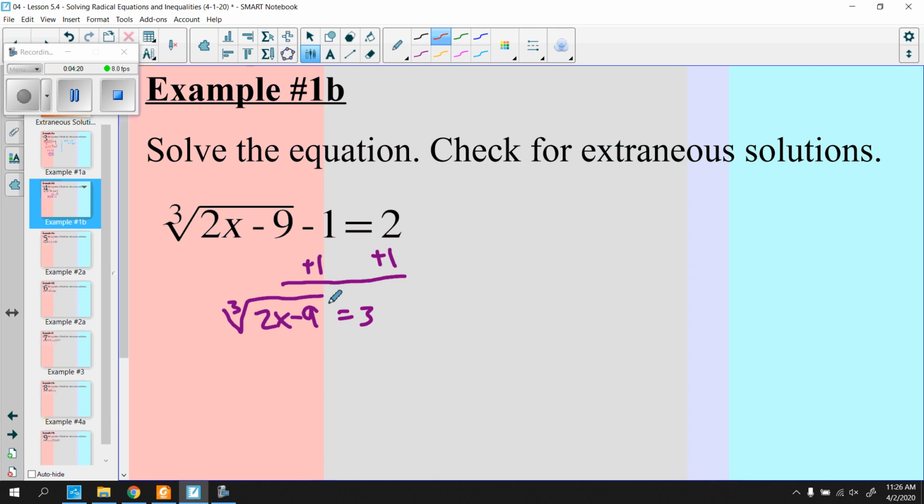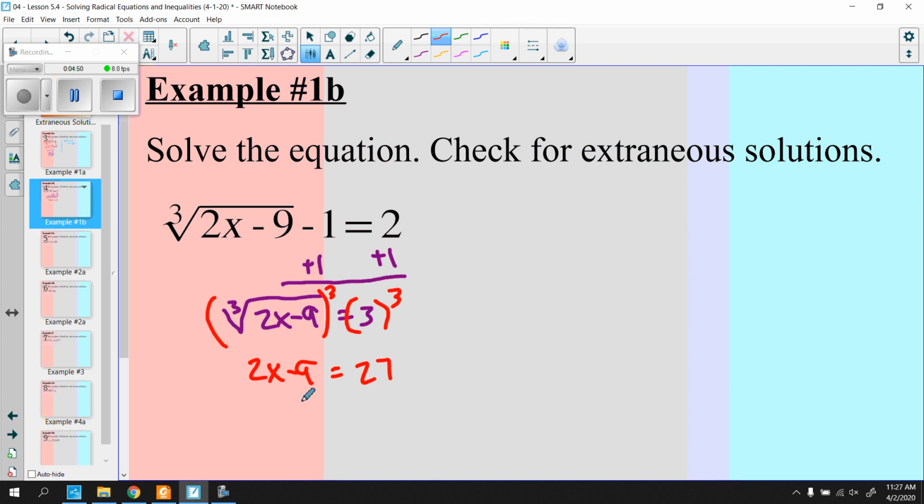Okay, now everything's gone. There's nothing being added after, nothing being multiplied up front. Let's take both sides, in this case, to the third power because it's a cube root. Left side, just like we saw in the last one, we're going to end up with just 2x minus 9. 3 times 3 times 3, or 3 to the third power, is 27. And we're left with, I think, a very doable